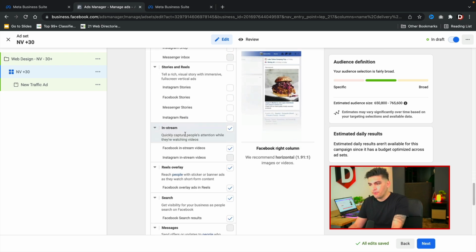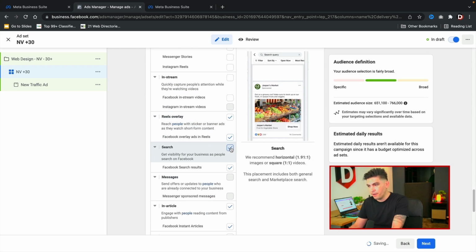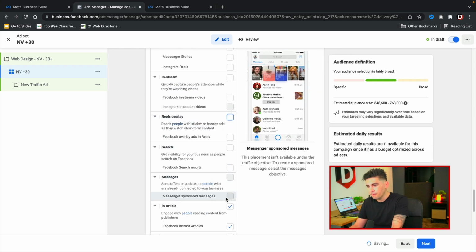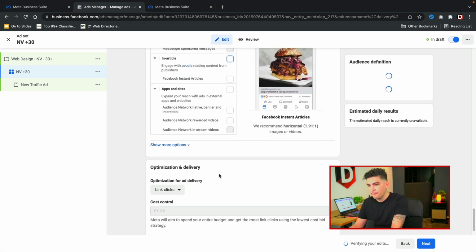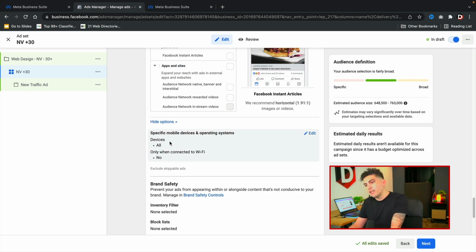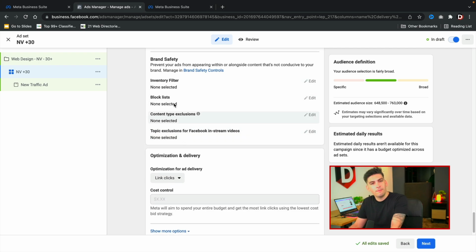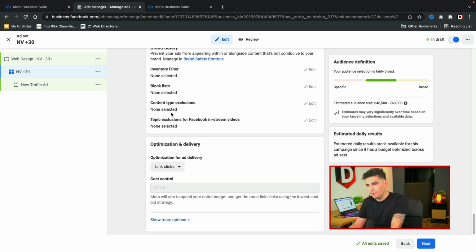Okay, so let's keep scrolling down here. I'm going to turn all of these off, right? They're just making us show up everywhere here, and I don't like that. All right, we're going to uncheck these. All right, here, let's click on more options. You can select specific devices if you want to do that, but I'm not going to do that. I'm going to keep scrolling down here. These are just some more options you guys can select. Really not that important.